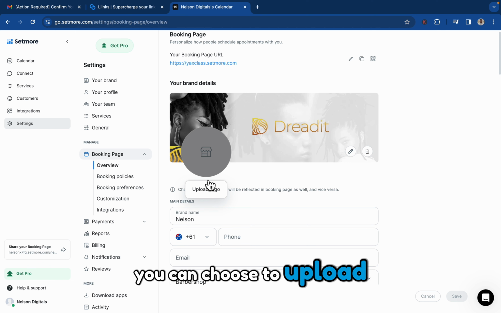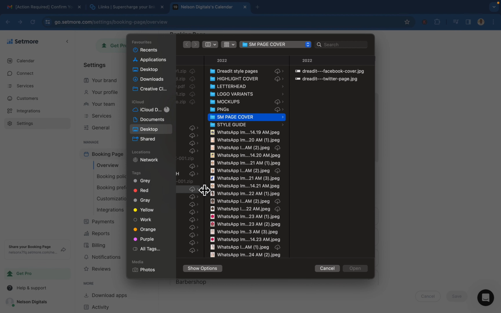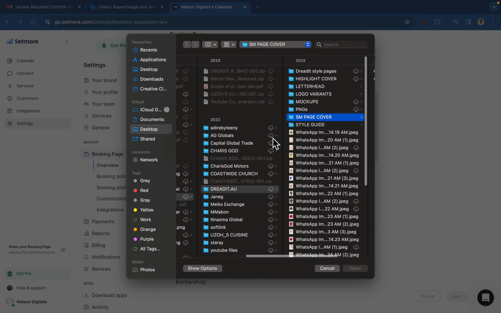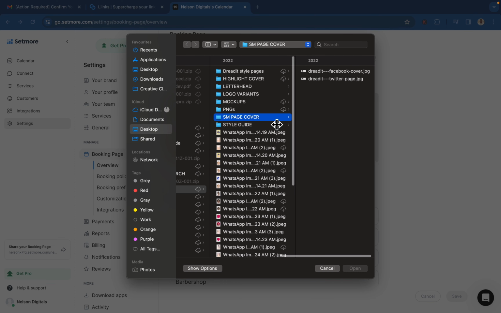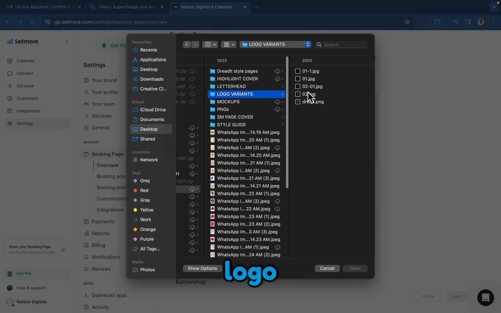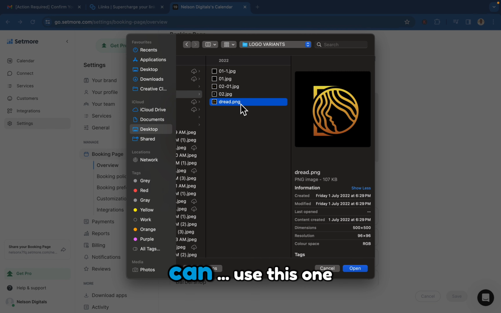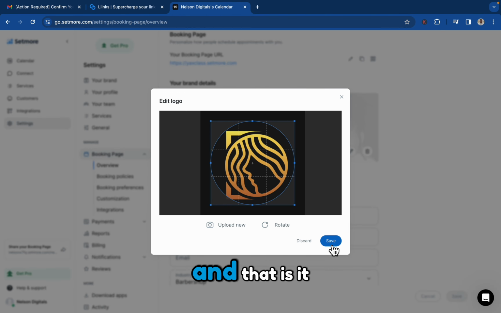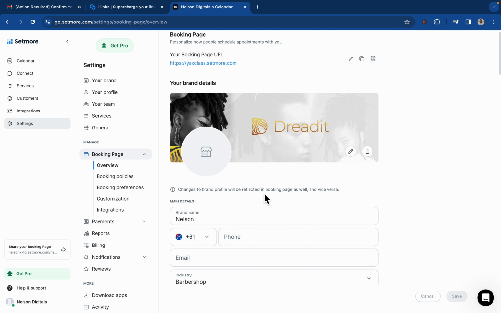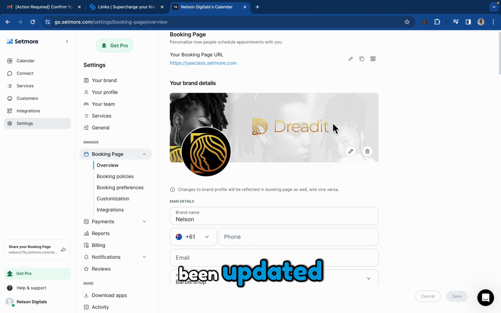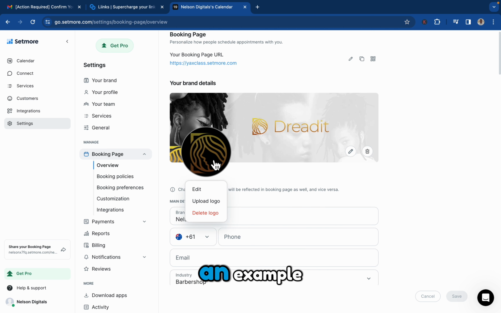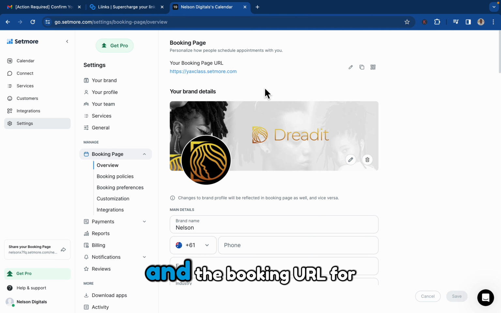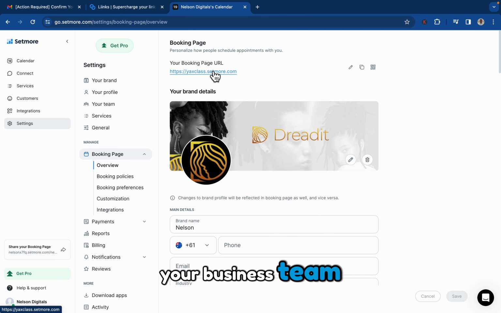You can choose to upload your business logo. So good, let's go over to logo. You can choose to use this one, and that is it. So the business logo has been updated. I'm just using this as an example, and the booking URL for your business name, you can also change it